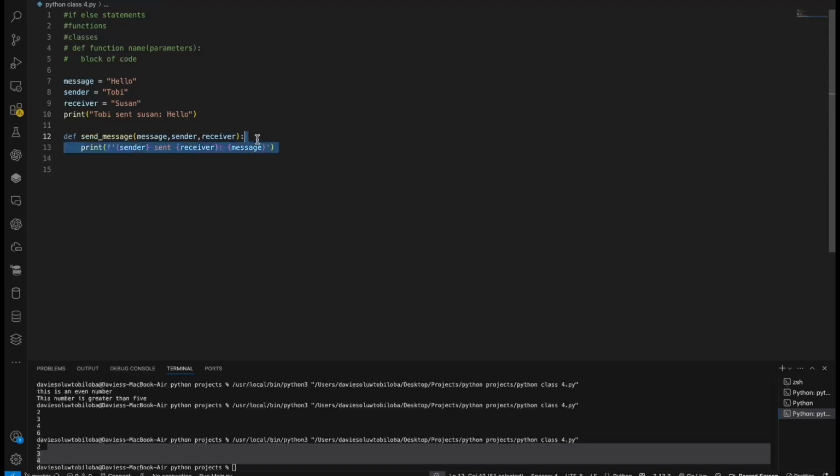That's basically all there is to functions. You just define it, give it the parameters and a name, and then the block of code you want to execute repeatedly. So how do we actually make use of this function? We make use of this function by calling it. So how do we call the function? We simply call a function by writing the function name, which is send message,